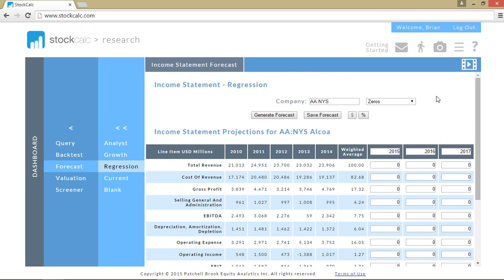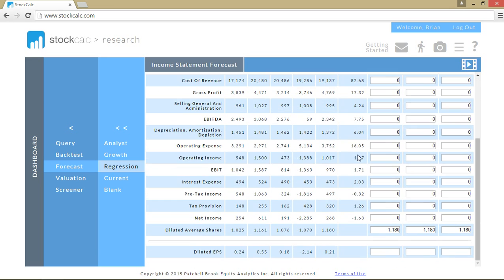And just a note of caution with this tool, since we do not have any analyst data and we're not using any growth data, this is simply a tool to allow you to populate the income statement on a go-forward basis as a means of getting started. The way this tool works is the initial calculation it tries to do is a percent of net income. The reason I picked Alcoa is that the weighted average net income over the last 5 years has actually been negative,